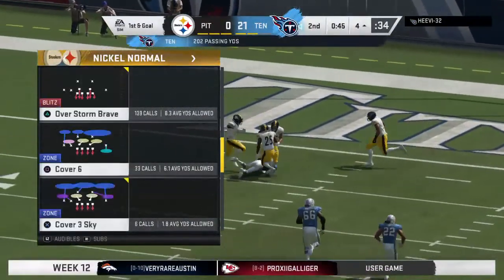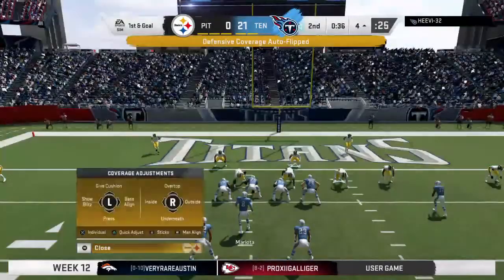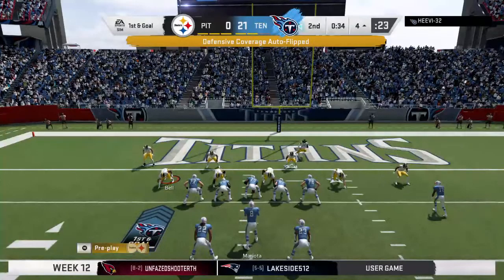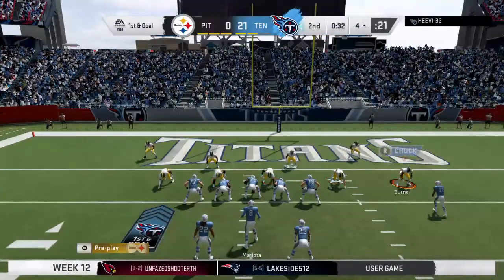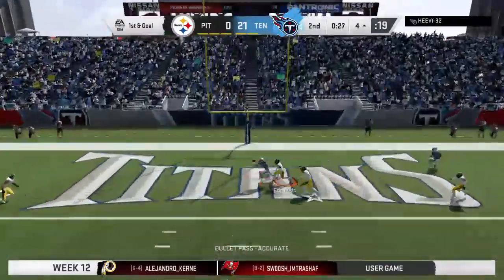I think a lot of people ask the same question all the time. Why do we see so many slants in the red zone? Well, the windows are tighter. Everything's more condensed. It has to be quicker, and you've got to deliver the ball on time. Your biggest worry, ball gets tipped in the air. Because if that happens, then...